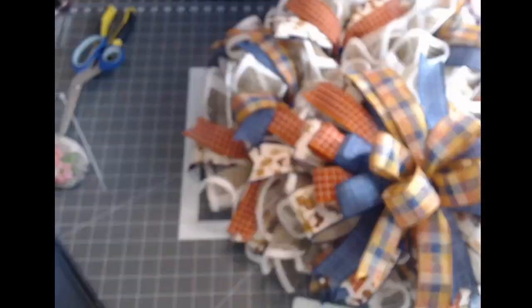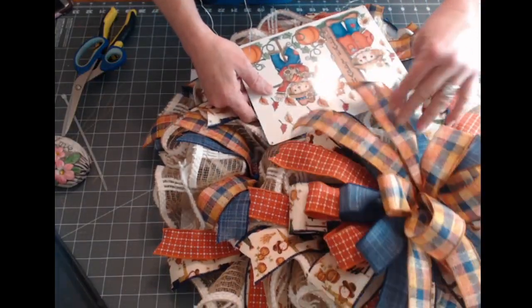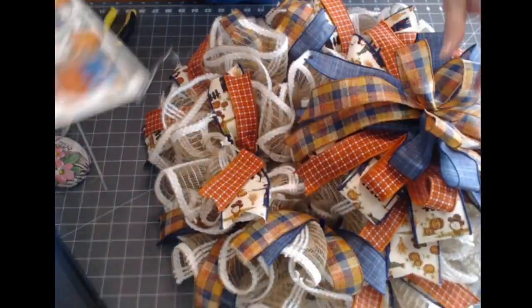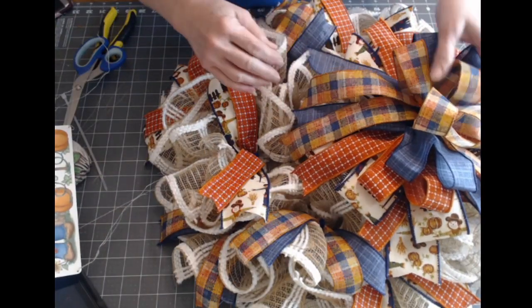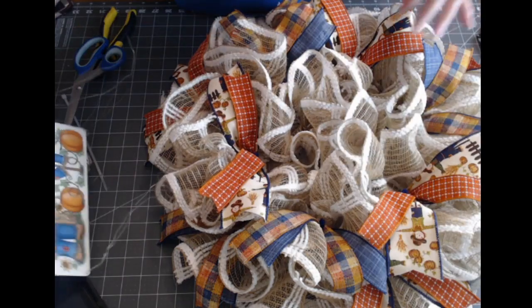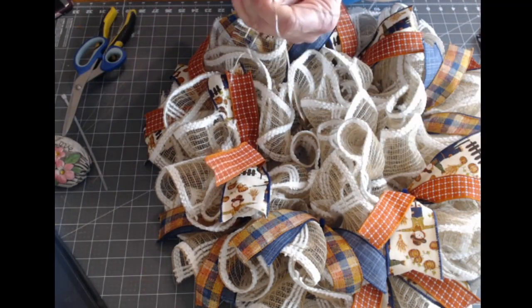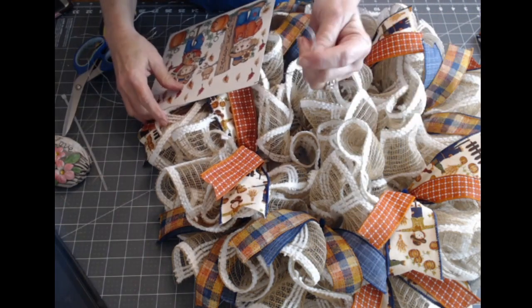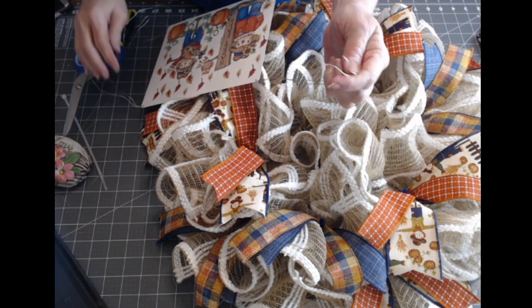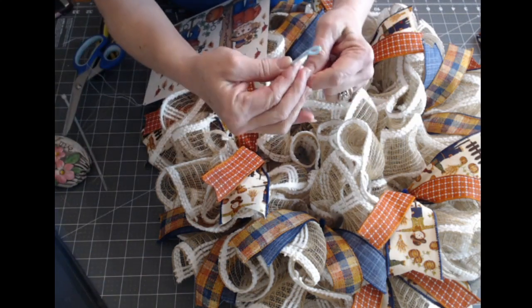I could put it at the top and put the sign down here. I don't do that very often. I like it better on the side. So what I'm going to do is go ahead and put the sign on first. And the way that I'm going to do that is take, I hardly ever use wire, you guys, but I was low on E6000 to put these on. So what I'm going to do is take